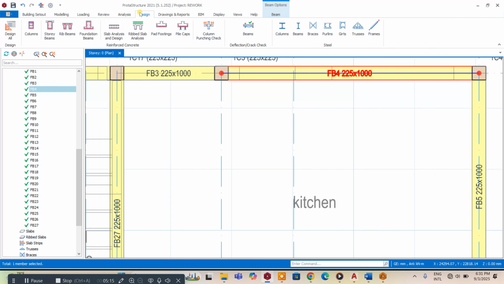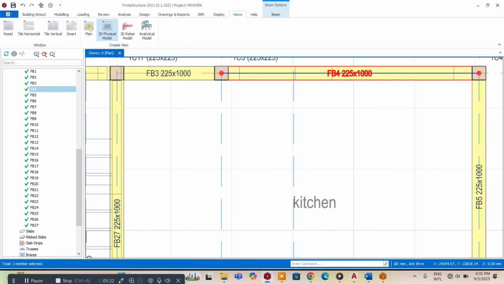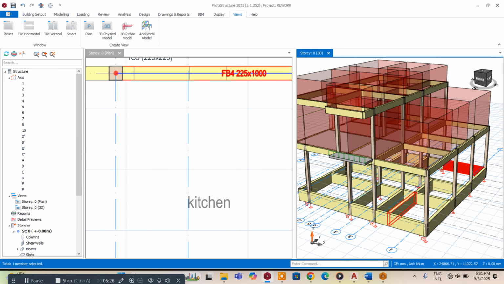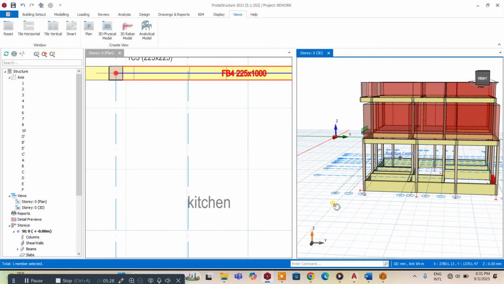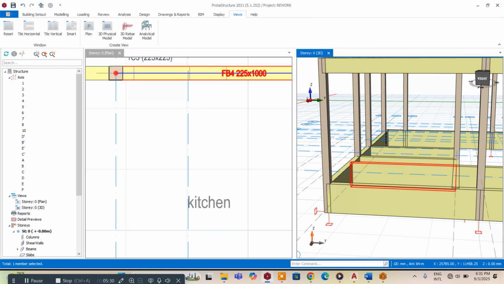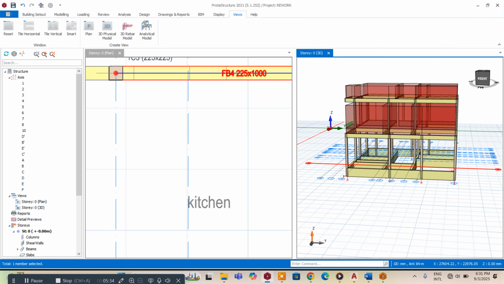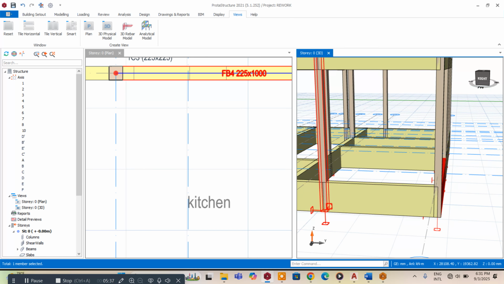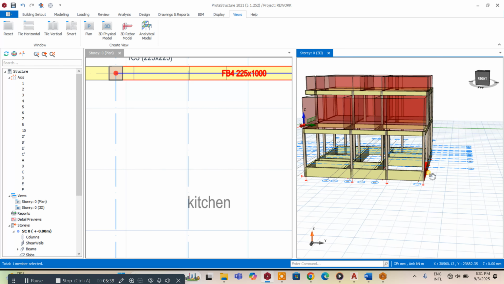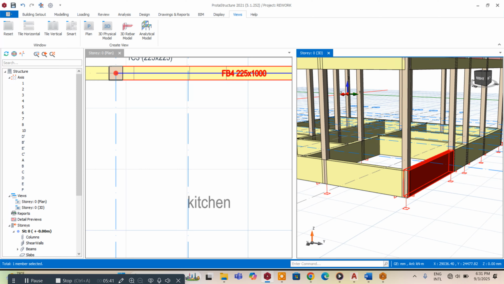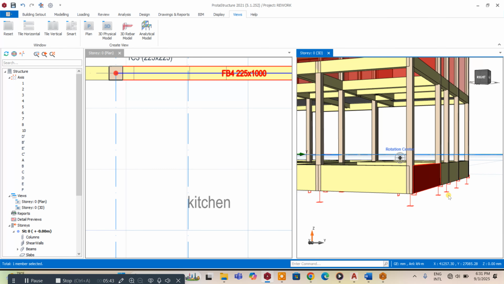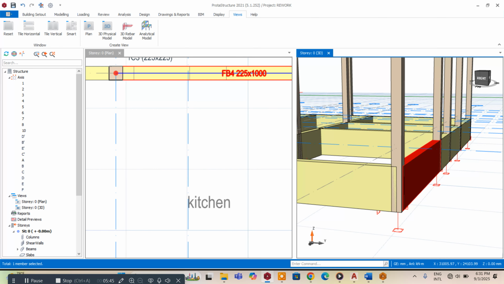So this is how to design your foundation beam. We can actually view this in 3D. Let's view it and see how it has been. So this is our ground beam. So in the case of raft, we can introduce our raft slab at the top with a different level, and we can have our apron slab down here. So in our next video, we are going to do a combined video on how to design our ground beams together with our